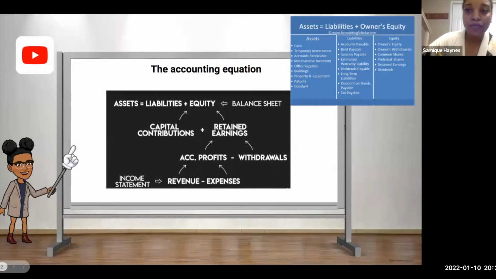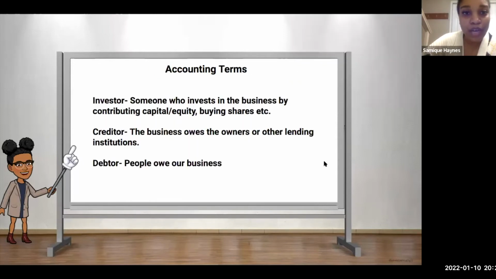Okay, so that really explained the accounting equation again. So we'll have practice on it though coming up very, very soon, okay? I just wanted to bring these three concepts to your attention.